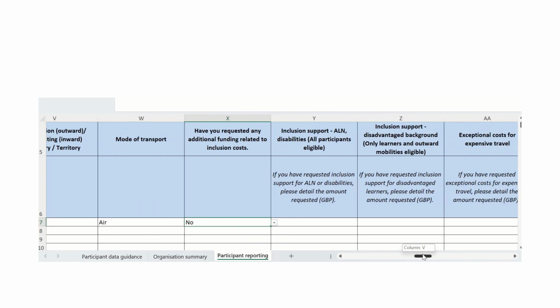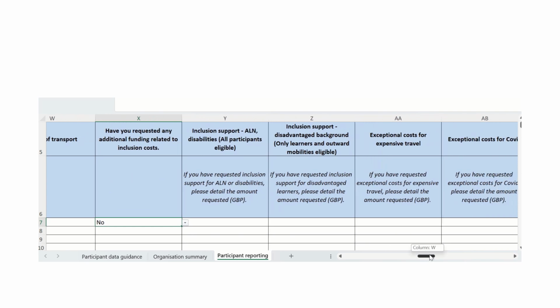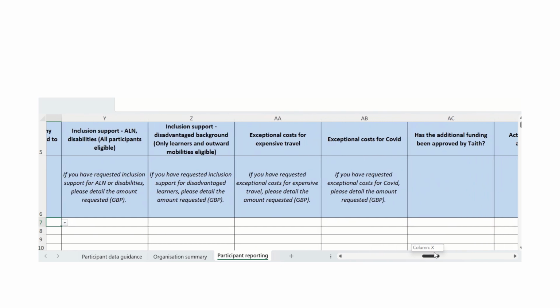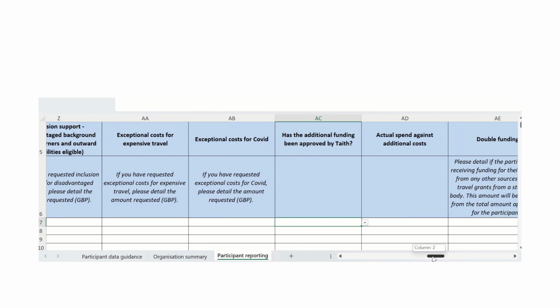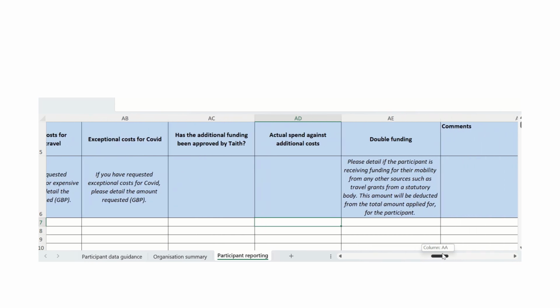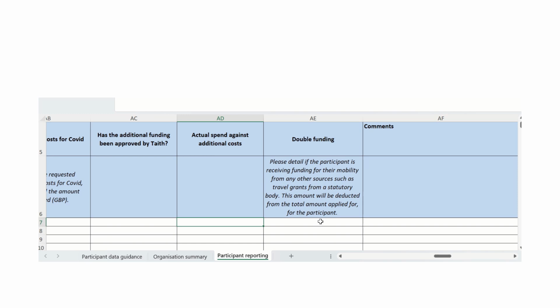So again, I can disregard all of these columns where they're asking for details of the amounts requested. And again, this question isn't relevant as I'm not requesting any additional funding. Same for this column here. As far as we're aware, they haven't asked for any double funding. So again, I don't need to give any details here.